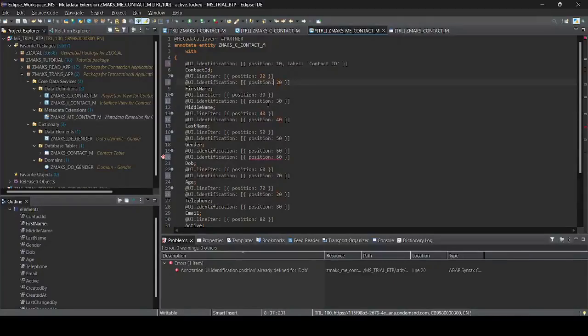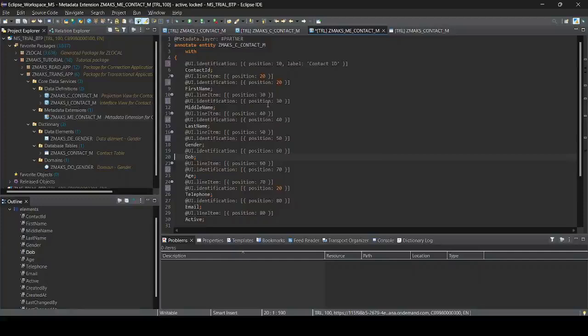So first name 20, 30, last name 40, gender on 50, identification, this will not be needed. So this is 60, this line item is 70, and